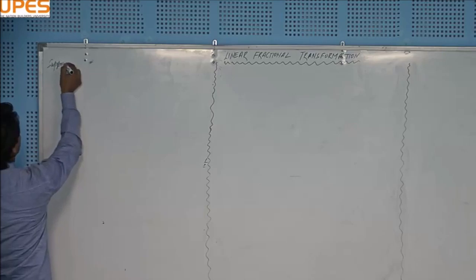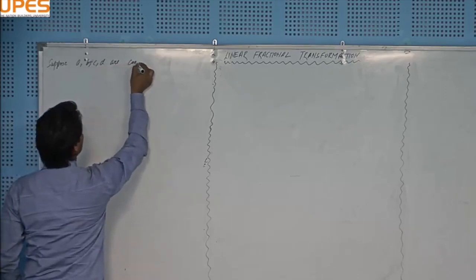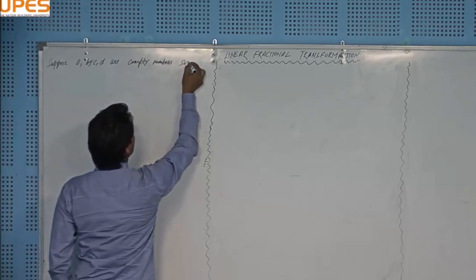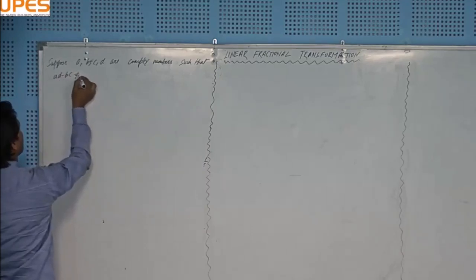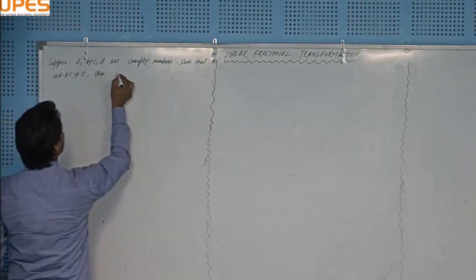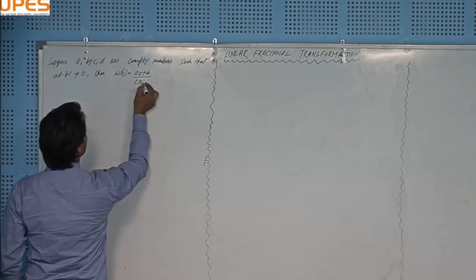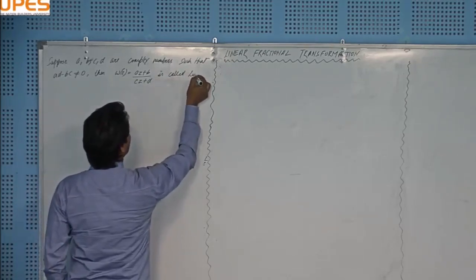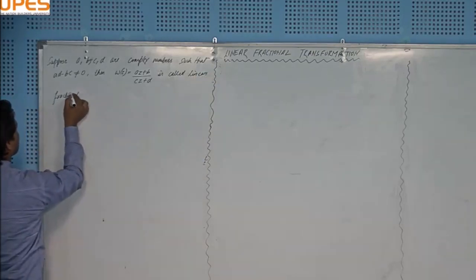Suppose a, b, c, d are complex numbers such that ad minus bc is not equal to 0, right? Then w(z) = (az + b)/(cz + d) is called a linear fractional transformation,